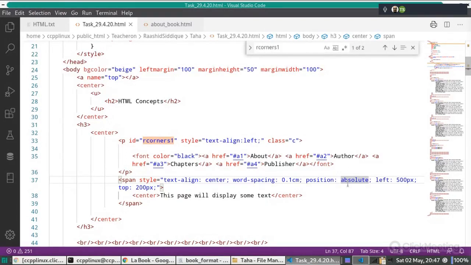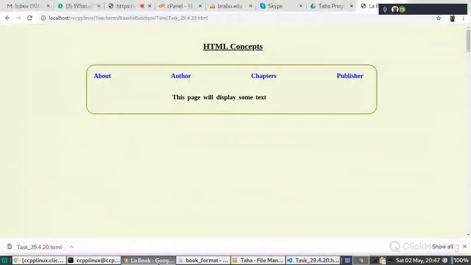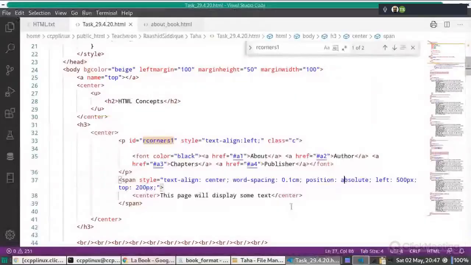Okay. But this is the simplest one, this absolute. Means when we are doing absolute, then what we are doing, we are placing the x and y coordinates from the left hand top corner of the browser. Because this browser, this body tag, this is the container of my element. So from here we have to measure what will be the value of x coordinate and what will be the value of y coordinate. And for x coordinate, this left attribute is there, and for y coordinate, this top is there.